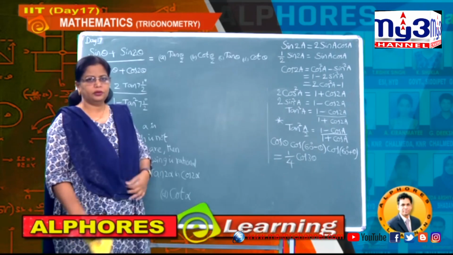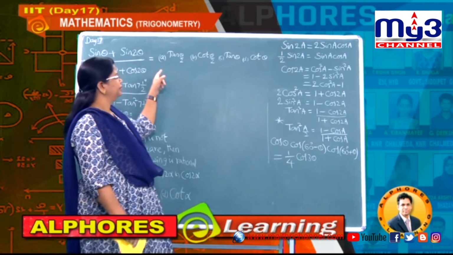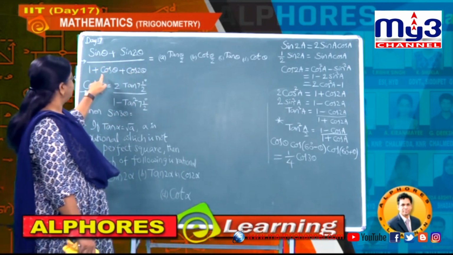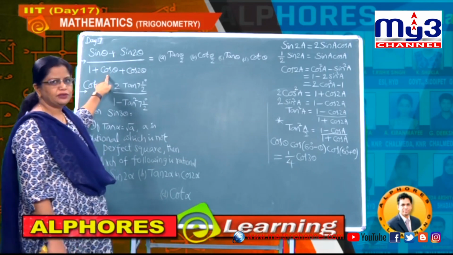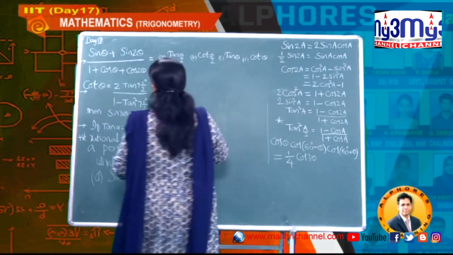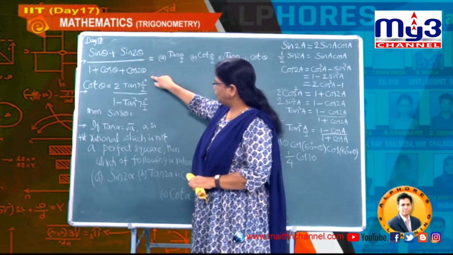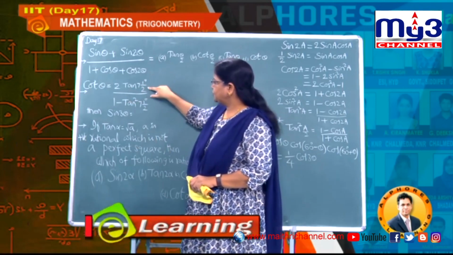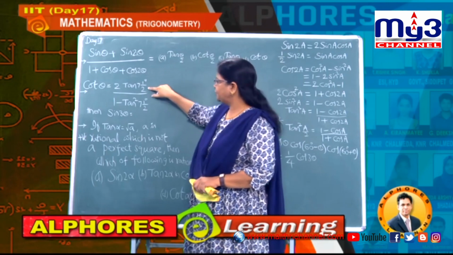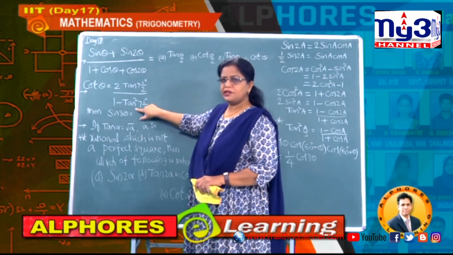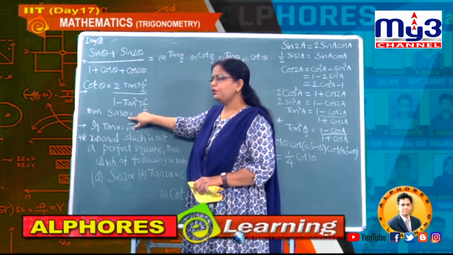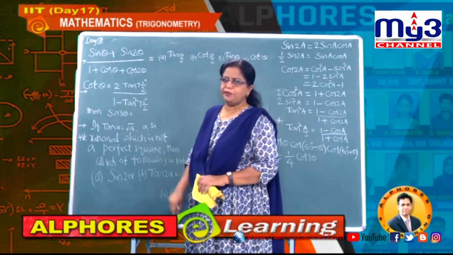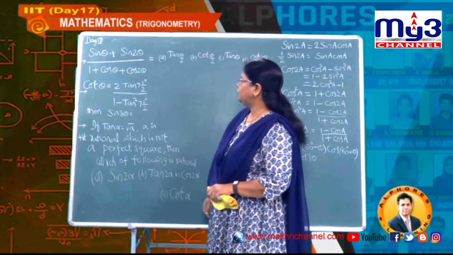Okay students. Now students, observe these problems. This is sin theta plus sin 2 theta by 1 plus cos theta plus cos 2 theta. And now this problem again. Then cot theta, suppose it is given as 2 times tan 7.5 by 1 minus tan square 7.5, then what about sin 3 theta value? And next one is this problem. Let us solve students these problems.